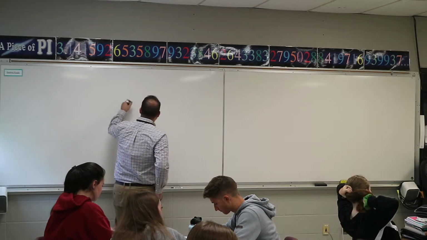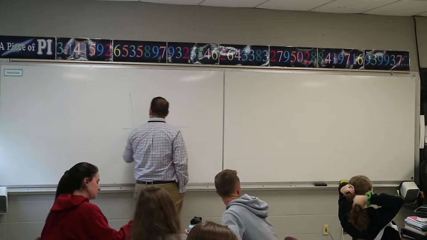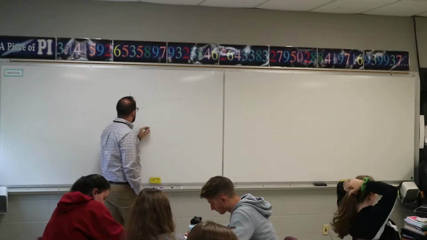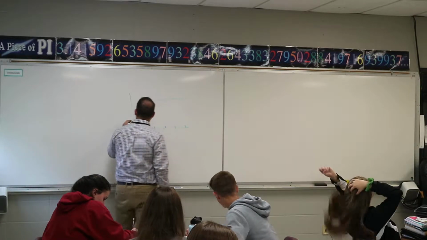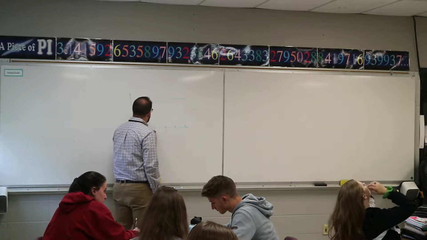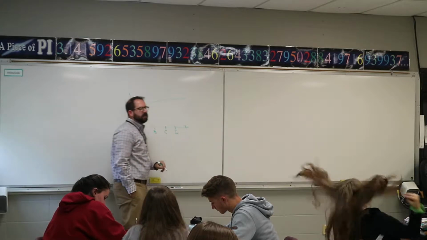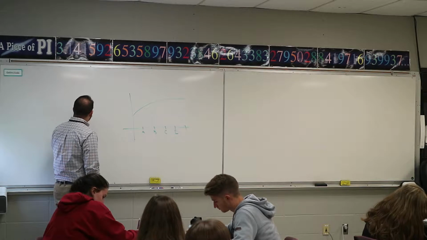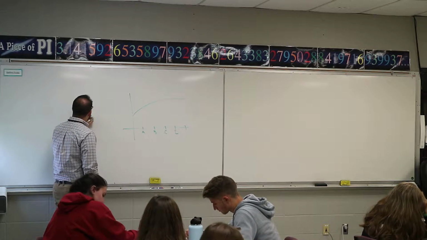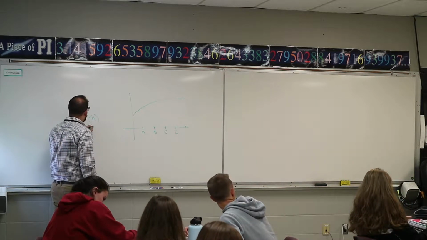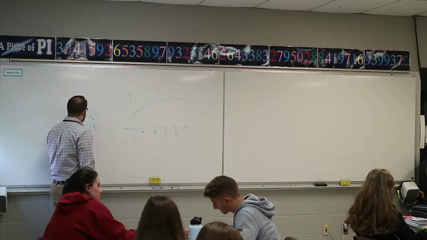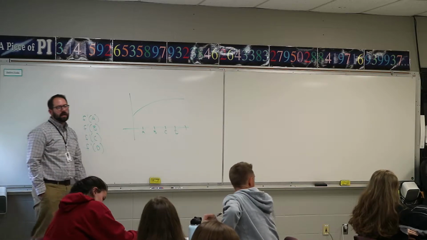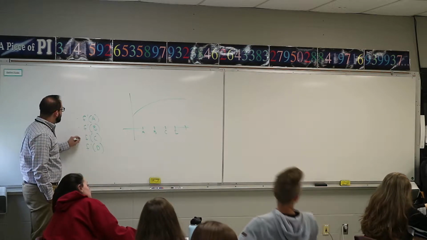Now, one of your problems, they're going to give you a graph. It'll be something kind of like this, like we talked about yesterday. And they're going to have an A, B, C, and D kind of a thing. And they're going to ask you which slope is probably the largest number. So like f prime of A, f prime of B, f prime of C, or f prime of D. Now, they might actually give you numbers. It's the same idea. So when you look at all 4 of these, do we understand that they are different